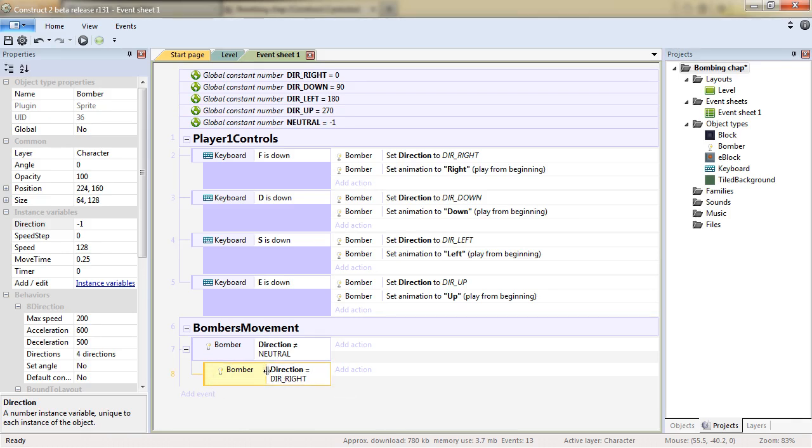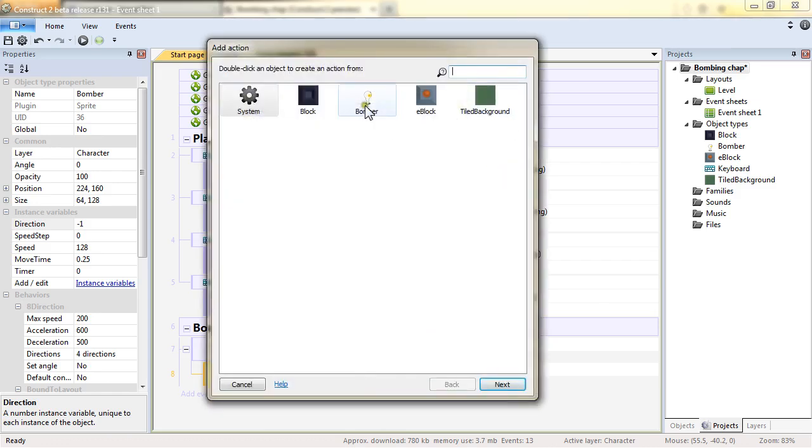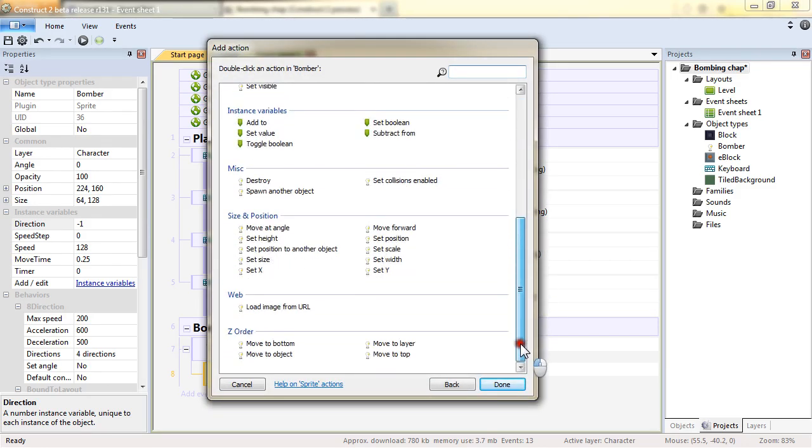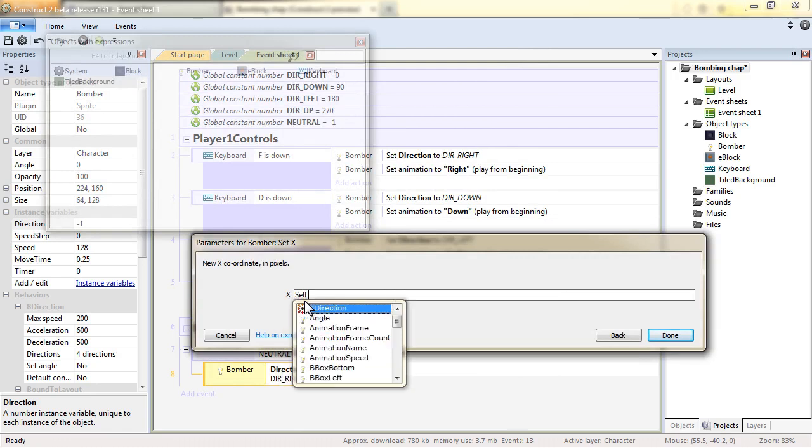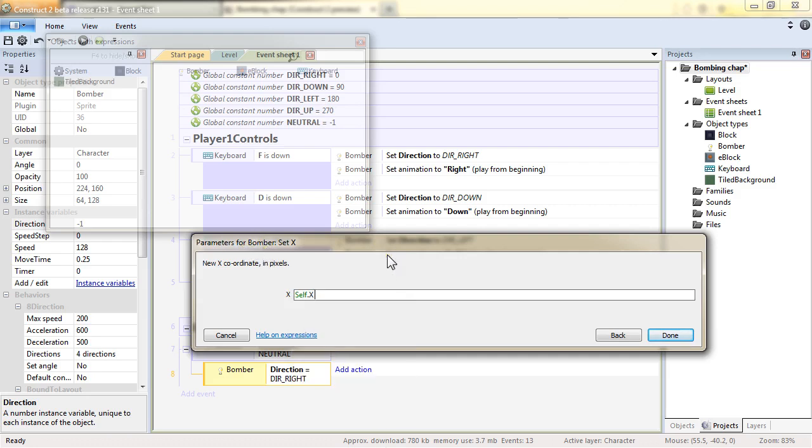This will be where I set our bomber to go to the right. And to do so, I will modify the x value of our bomber and set it to self.x. The keyword self refers to the bomber itself in this case. The self keyword refers to the object we are inside and setting the action for. And we will add